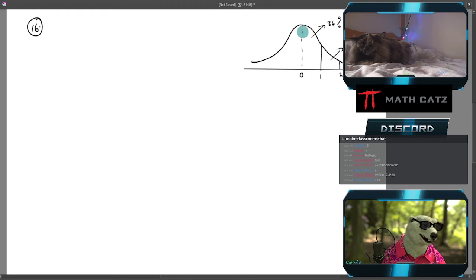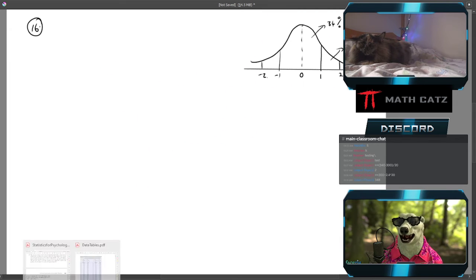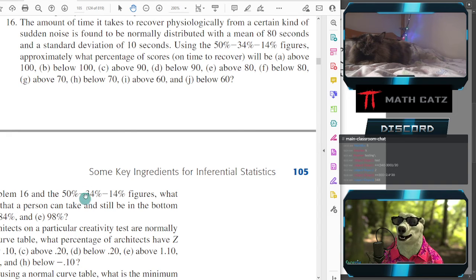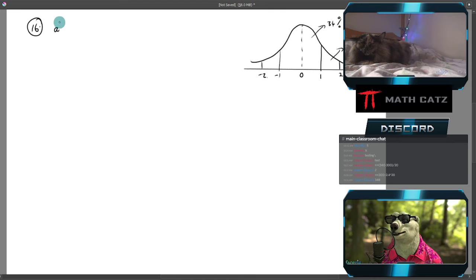Those are the main ones I remember, and because of symmetry, we can always double that for the other side, like so. So that's roughly what I'm thinking of for this question. We have a score of 100. I need to convert that for A. I need to convert that to the corresponding z-score, same as before: 100 raw score minus the mean over the